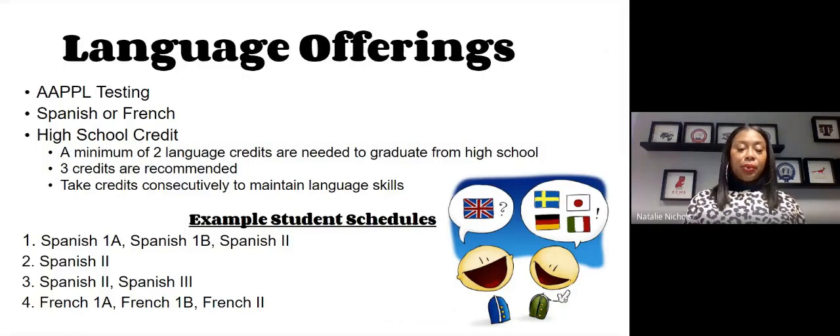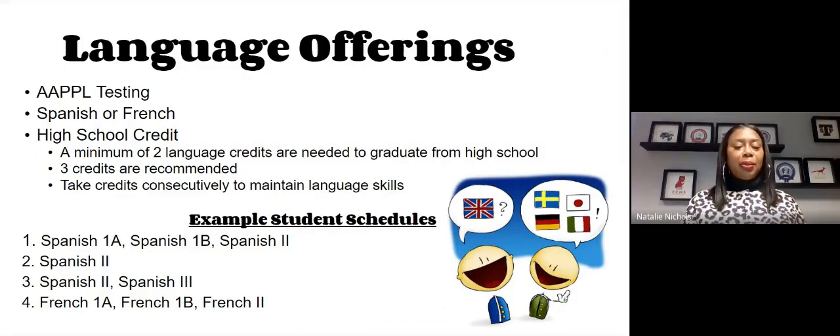Now, language is one of the places where they have what's called an advanced placement test. Once you get into high school, that's usually taken in the 4th year or 5th year of taking a language. And know that if you keep on going with a language, you can take an advanced placement test, and it gives you the opportunity to earn 14 college level credits that can be transferred to the college of your choice.